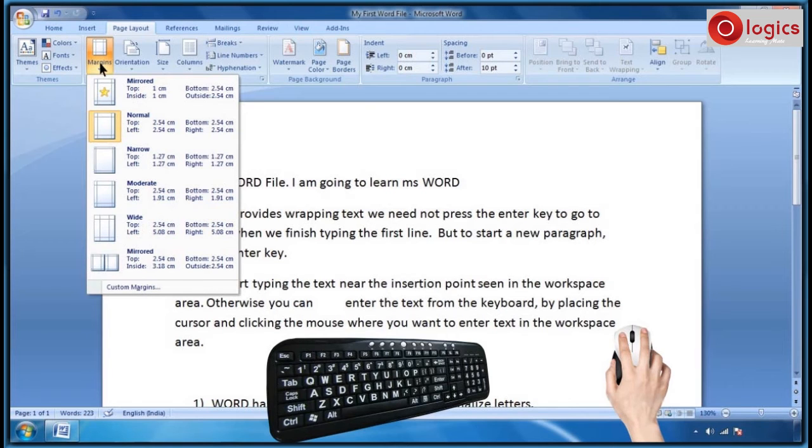MS Word provides these margins in normal, wide and narrow categories. Apart from these, there is a custom margins option. In this, you can give your own margins. Let us know how to work with the margins in MS Word.